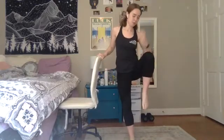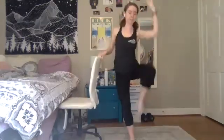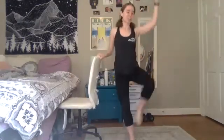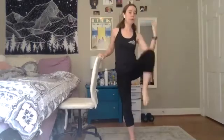And when we come up, bend that rib cage in so our knee is touching elbow, and then come down. So we're curving in and out, firing up those obliques, those legs. Good. We have 8, 7, 6, 5, 4,